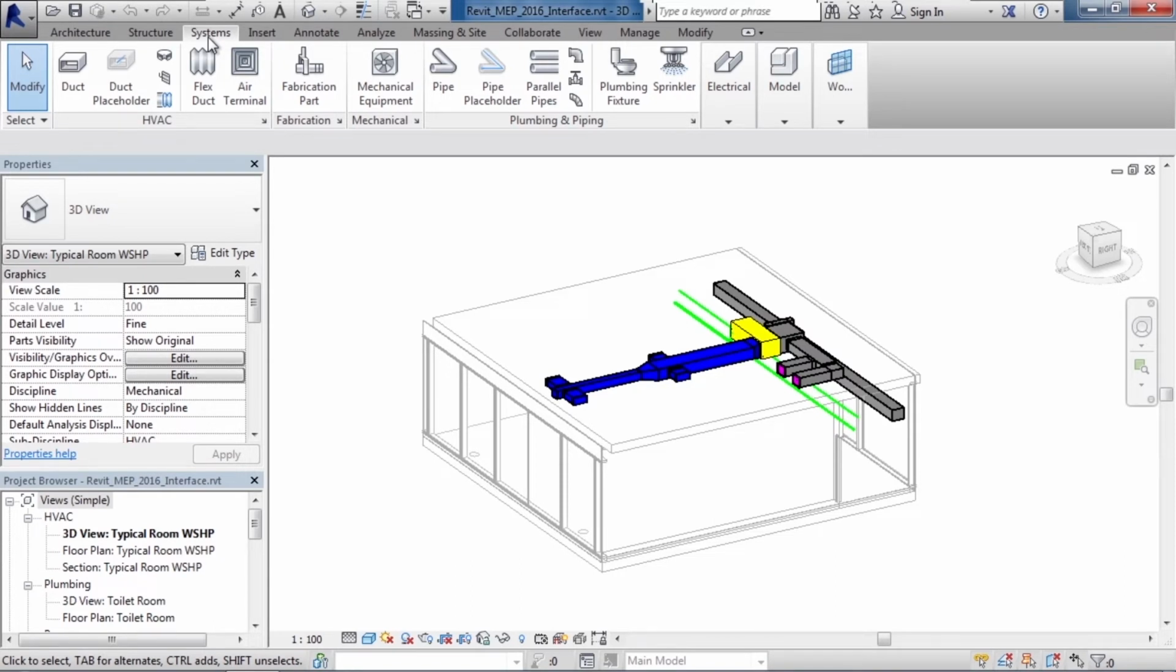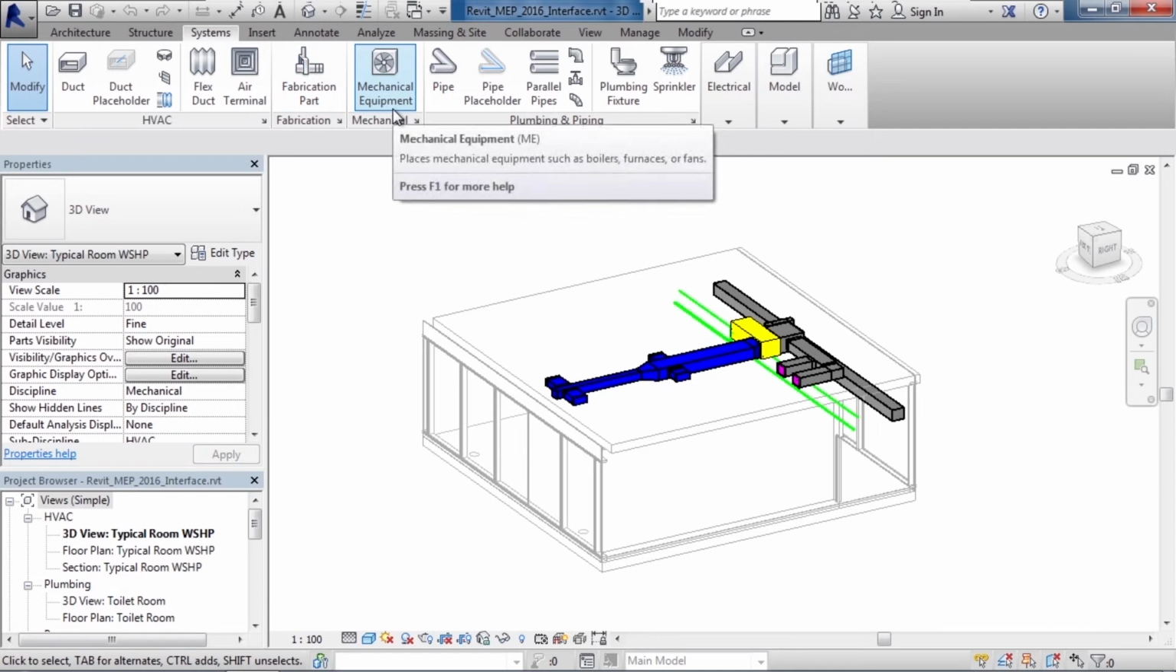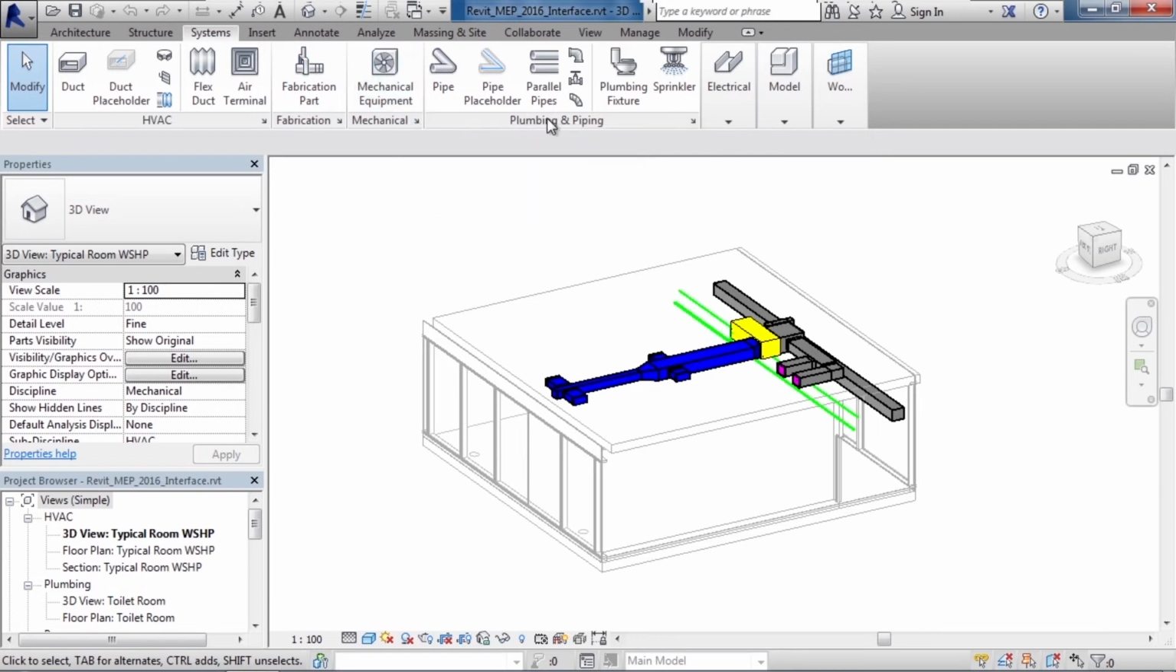So, looking at the Systems tab first, we start off on the left with an HVAC panel. Here we have functions to create duct holders, flexible tubing, and terminals or mechanical equipment for our duct systems. We then have the capability to create fabrication parts. From there, we have mechanical equipment, and then our plumbing and piping capabilities to run piping, and plumbing fixtures, including